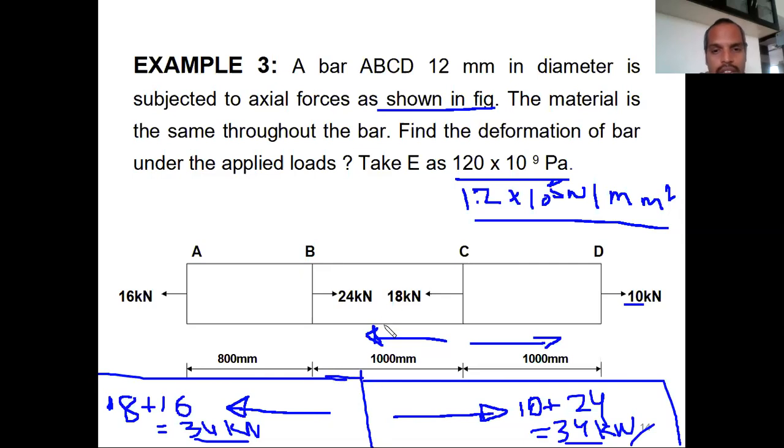I will repeat it. You add all the forces toward the right. In this case it is 10 and 24, so adding them equals 34. And all the forces towards the left are 18 plus 16, which is 34. Both are equal, then only the body will be in equilibrium condition. Now you can say that this problem is correct, so at least the body will be in equilibrium. Sometimes due to typical mistakes, instead of 24 if you got 20, or if it is more than that, then it will be difficult. So be careful about it, so that you will get the correct one.